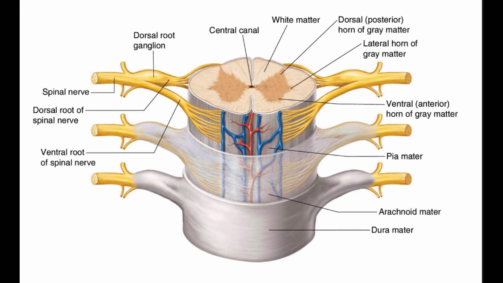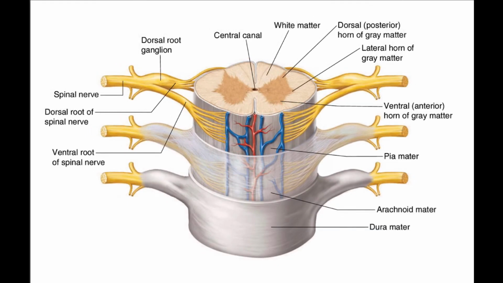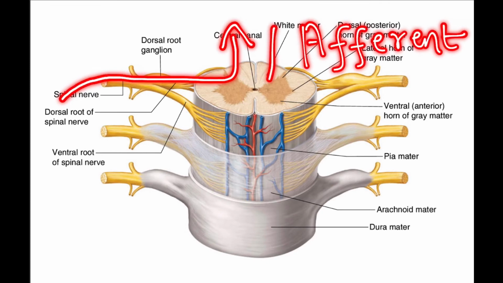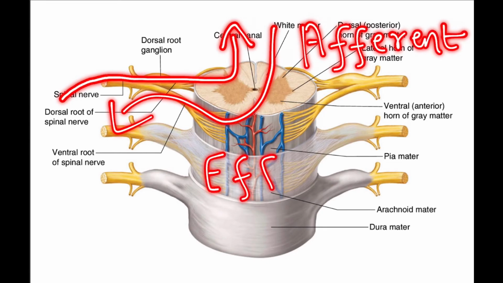And you have a poor line and lane principle, because you not only have the ascending tract but also the descending tract. So these signals from the body into the central nervous system, we call it afferent transmission, and the signals from the central nervous system to the body, we call it efferent transmission.